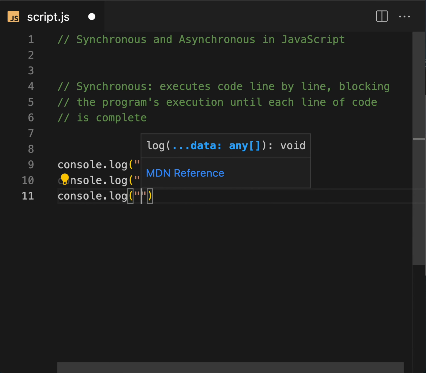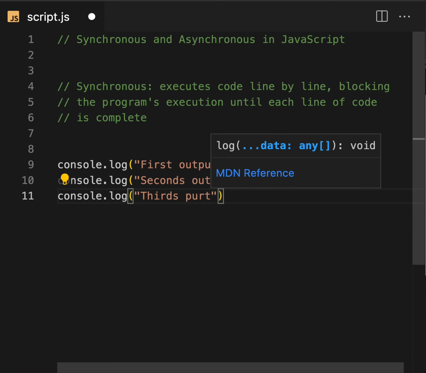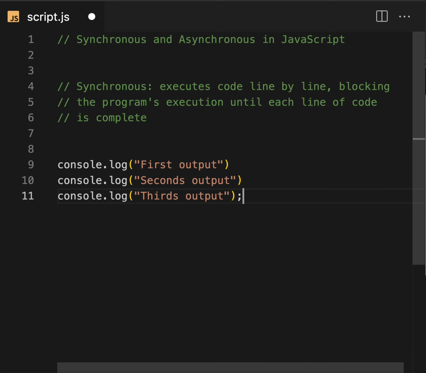You can write as many console logs as you like. Here what is going to happen is the console will print first output, second output and third output. Let's save this and see the output in the console.